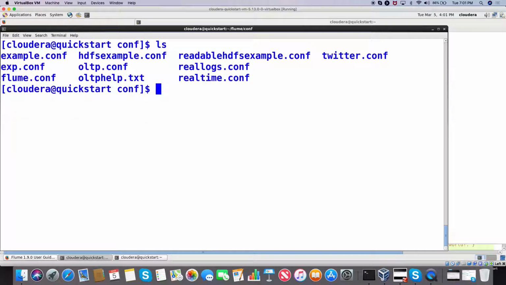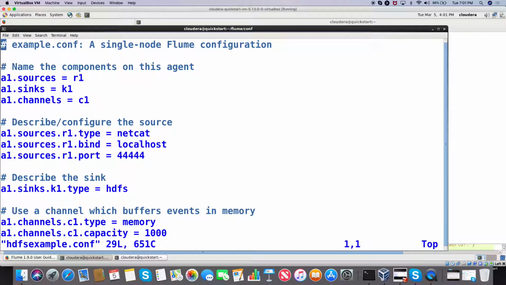Next one is I want to put the data from that same process into HDFS. So look at the next example, which is hdfsexample.conf. No change at all. Look at that. Name is A1 still. But if you come a little bit down, you will see the main change there. Earlier, it was logger, but now you are telling that it is